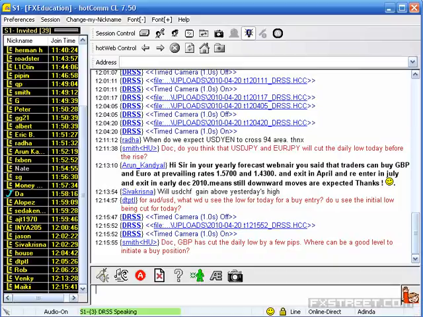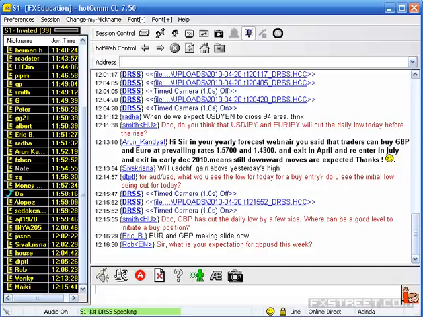Then Smith has got a question. Do you think that the GBP, USD yen and Euro yen will cut the daily low today before the rise? So if you see in the case of Euro yen, the low is 124.62, the current market level is 124.73. It's hardly about 10 to 12 pips away. The net change is 10 pips positive. Probably they may drop another 10 to 12 pips in the case of Euro yen and then try to gain